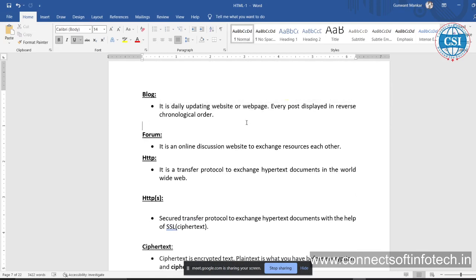तो जैसे ब्लॉगिंग वेबसाइट बोलते हैं, ब्लॉगर्स जो वेबसाइट क्रिएट करते हैं उसमें हमेशा कुछ डेटा अपडेट होते रहते हैं, कुछ इंफॉर्मेशन के बारे में। जैसे उनका टॉपिक अगर कंप्यूटर प्रोग्रामिंग से रिलेटेड है तो कंप्यूटर प्रोग्रामिंग के बारे में डेली क्रोनोलॉजिकल फॉर्म में अपडेट होते रहते हैं। क्रोनोलॉजिकल फॉर्म मीन्स जो फर्स्ट शो होता है वो लास्ट में, और जो सबसे लास्ट में आता है वो फर्स्ट शो होता है, दैट इज अ रिवर्स क्रोनोलॉजिकल ऑर्डर। ओके, पहला डाला वो नीचे जाएगा, दूसरा डाला उसके ऊपर, तीसरा जो सबसे लेटेस्ट डाला वो सबसे ऊपर रहेगा, दैट इज द रिवर्स क्रोनोलॉजिकल ऑर्डर।